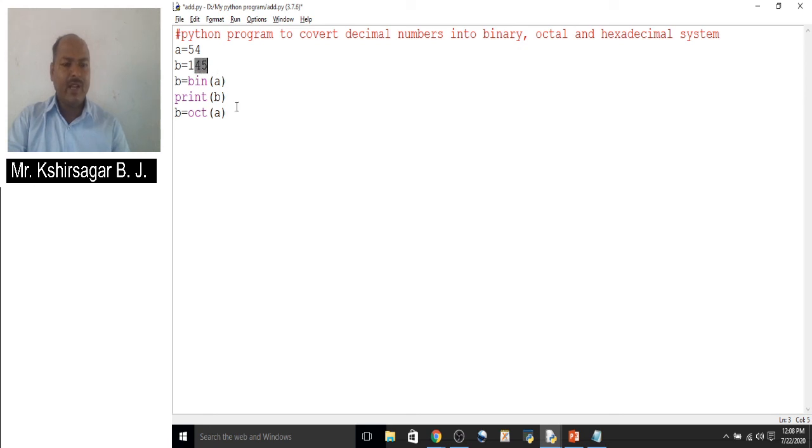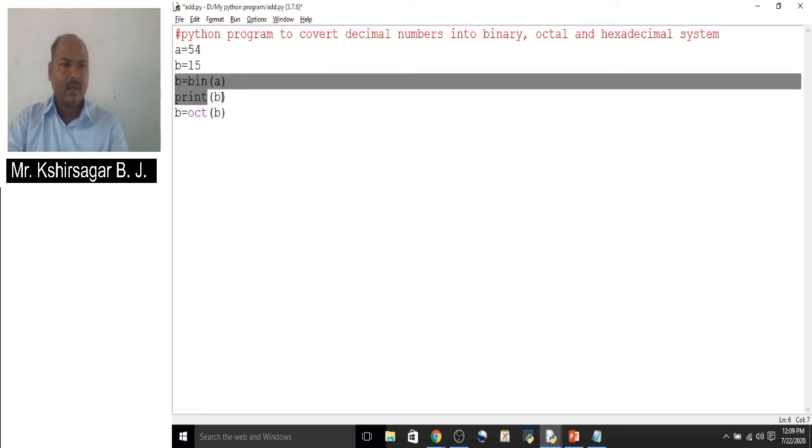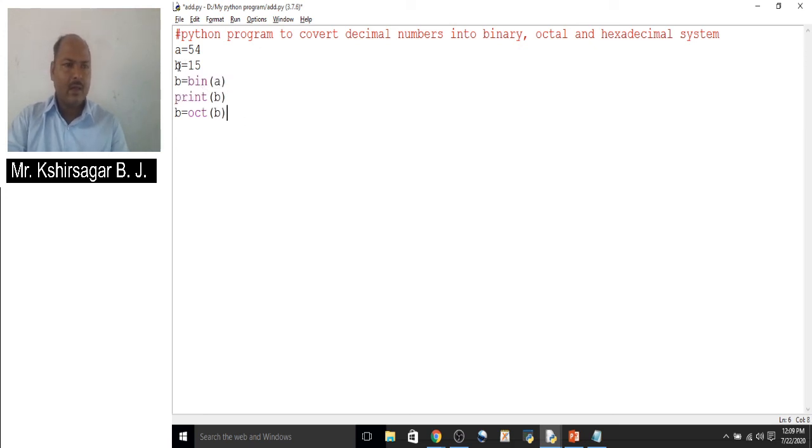Or if you take a decimal number 15, as we have seen in that example, x equal to 15. Now 15 is a decimal number. Convert that x into octal and store it in variable b.